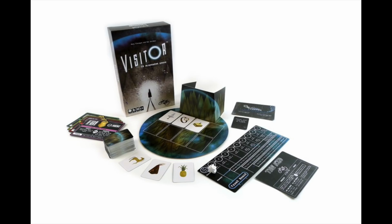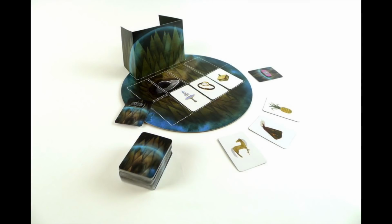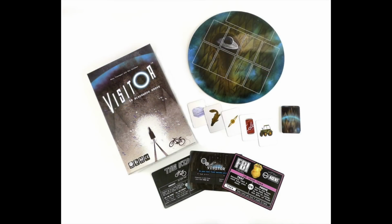Now, the other players, the agents and the kid, try to figure out the rule by seeing which objects pass through the force field and which don't. They're going to be testing different theories. The agents secretly test cards from their hands to learn what passes through and what doesn't. But the kid actually tries to predict which cards, basically the rule, and tries to build trust with the visitor